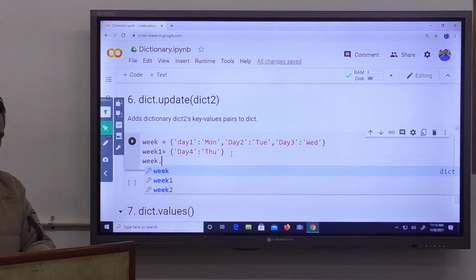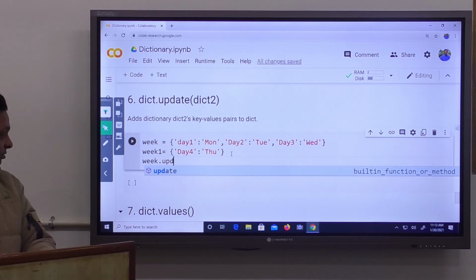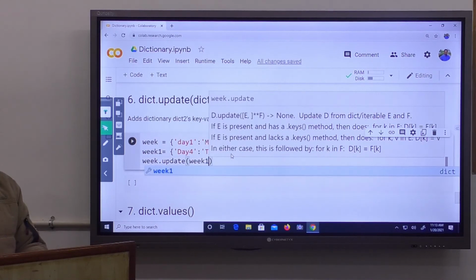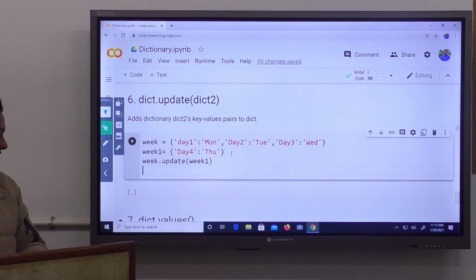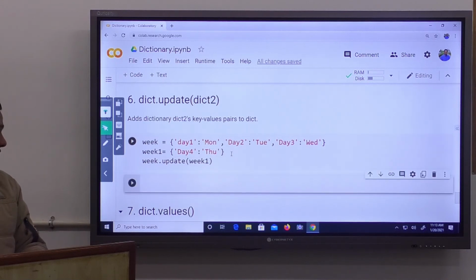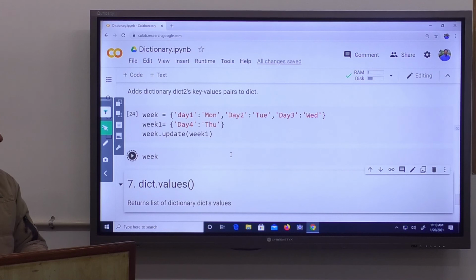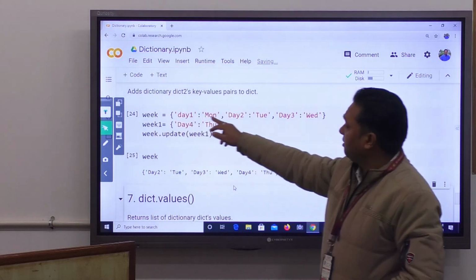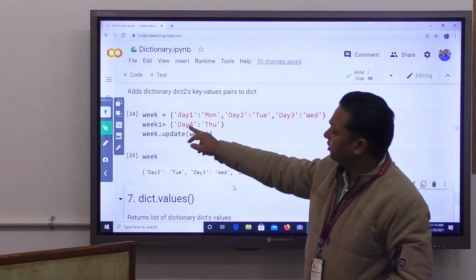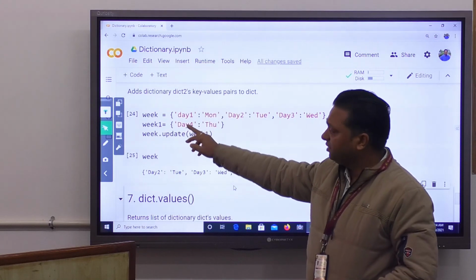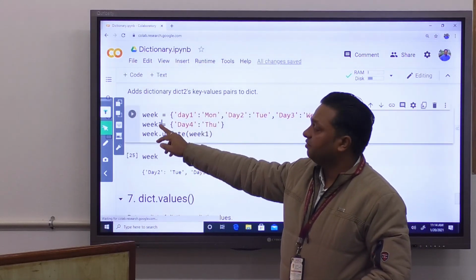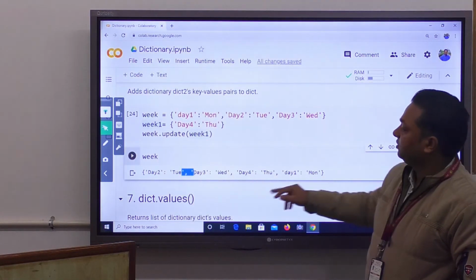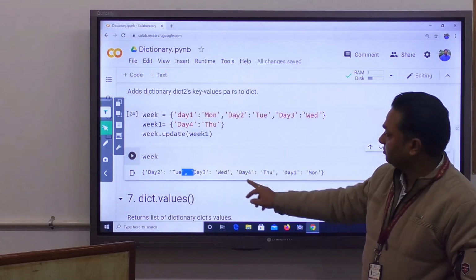We write week dot update and pass the second dictionary, and print the week and verify it. This is our week dictionary. This was your second dictionary, week 1. We updated the week dictionary via week 1. After updating, our week is updated, and this is your day 4.